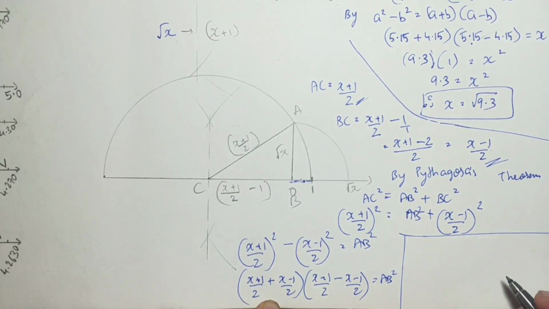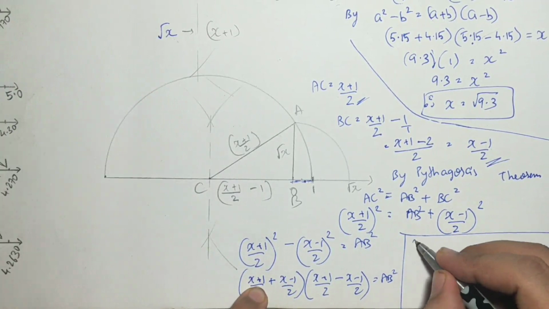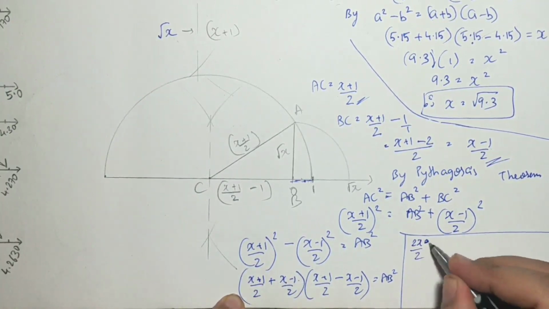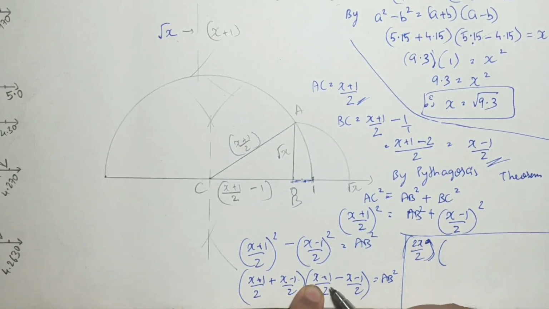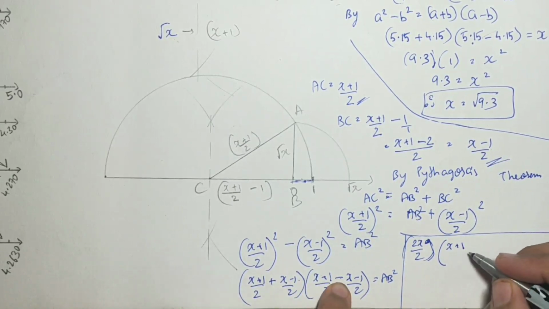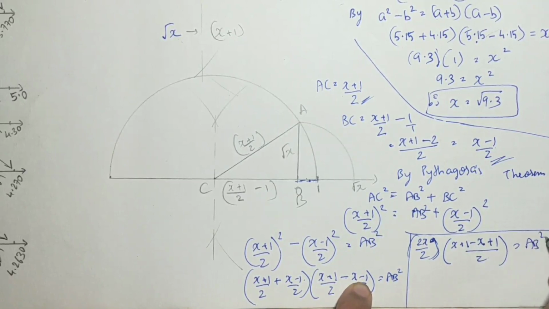In both the brackets actually LCM is not required, but if we solve the first bracket, it will be x plus x, 2x, 1 cancel, 2x by 2. In the second bracket, x minus x, so x and x will get cancelled. 1 and there is minus of minus, that is 1 plus 1. See, x minus 1, but due to this minus sign, it will be minus x plus 1. Because of minus sign, minus minus will get plus, whole upon 2, this will be my AB square.